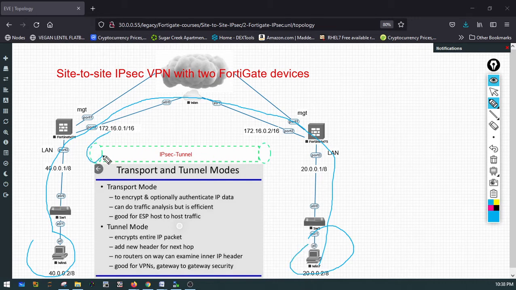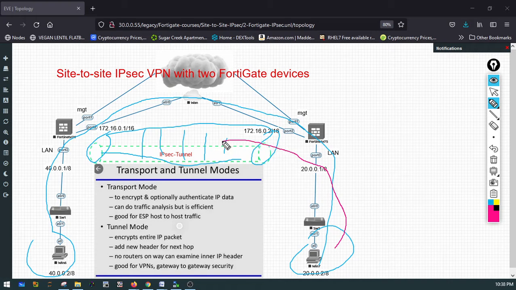tunnel mode, which is basically a GRE tunnel, and the tunnel is IPsec, it's encrypted, right? The tunnel is encrypted. So every bit of traffic will securely go inside a tunnel. So there's a lot of security. So the public WAN, this section is the cloud, which is the WAN. So traffic here is